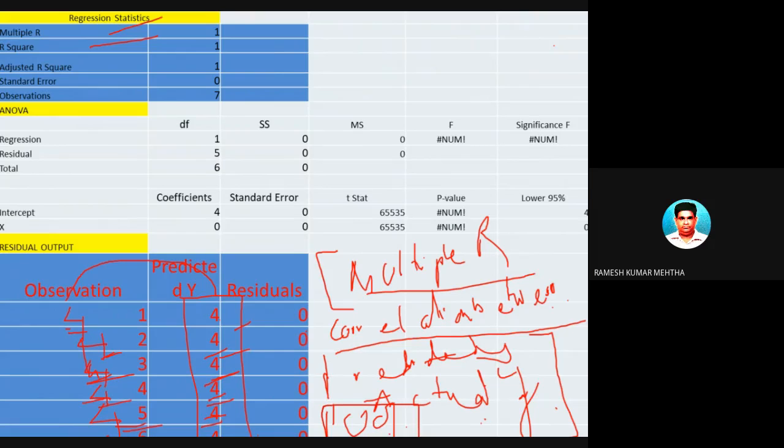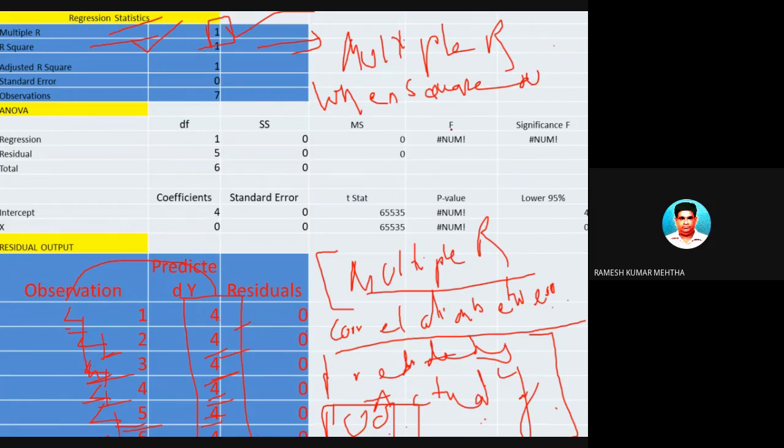If you have any doubts, you can refer to my previous video on how to find out correlation, or I will upload today how to find out correlation in MS Excel. Okay, so that's the reason we got 100%. Now, what is R square? R square is nothing but the square of multiple R. When multiple R is squared, you will get R square.